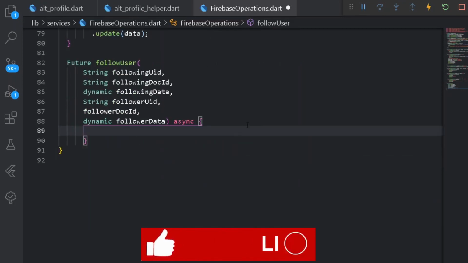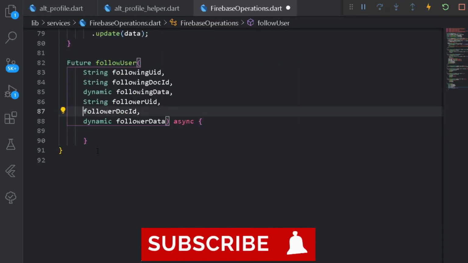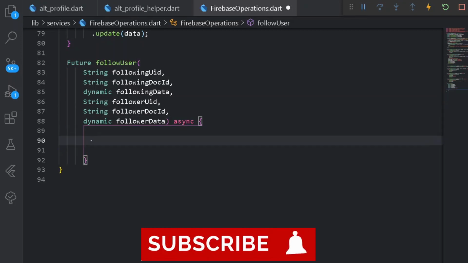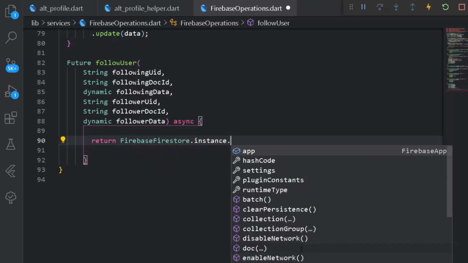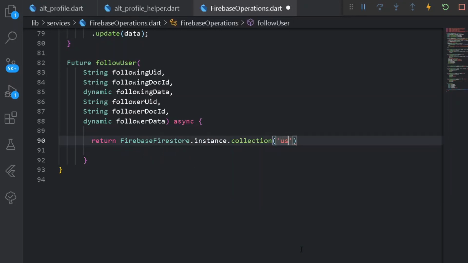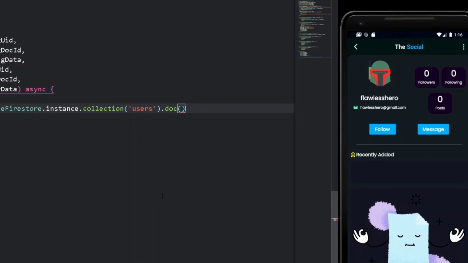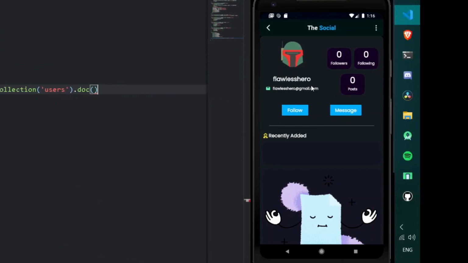So after having all of the following arguments, here I can simply return Firebase Firestore dot instance dot collection of the particular user, that is users, and from this I will be taking a doc. So first of all what we will be doing is add data under the user who is being followed.